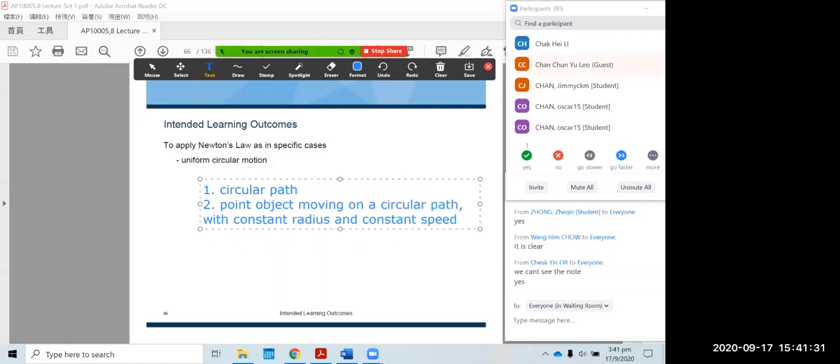The important point really is the constant speed